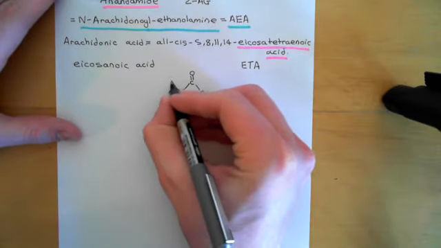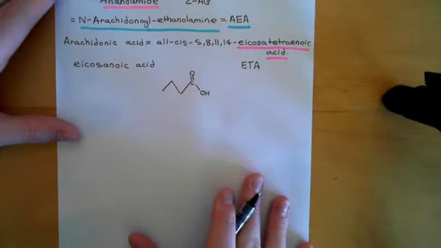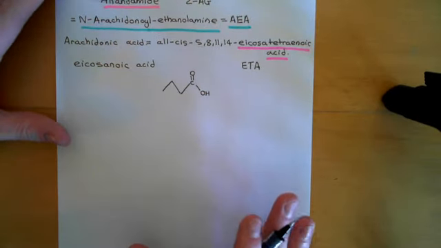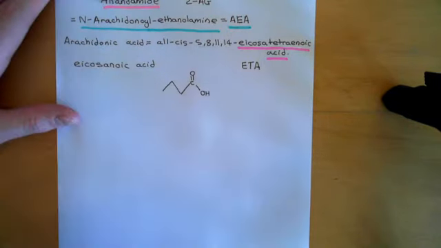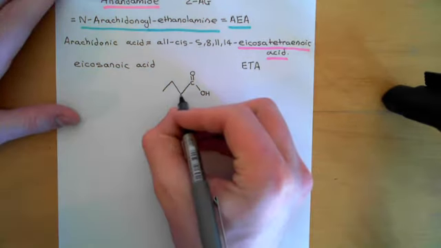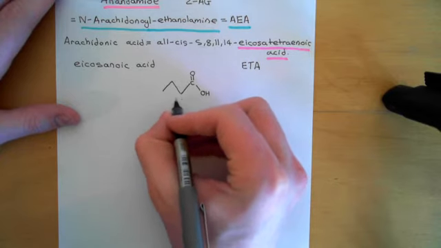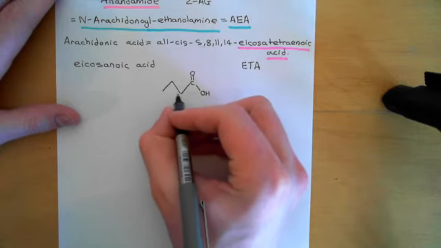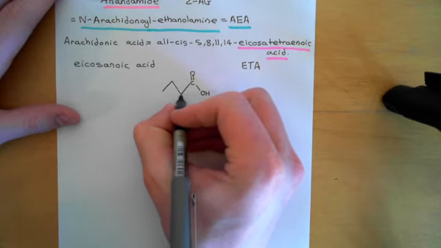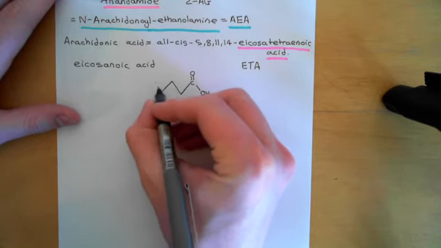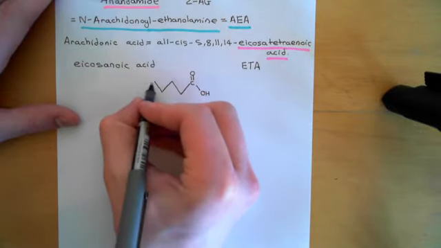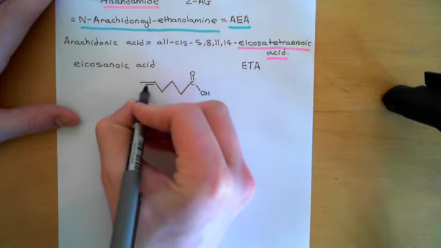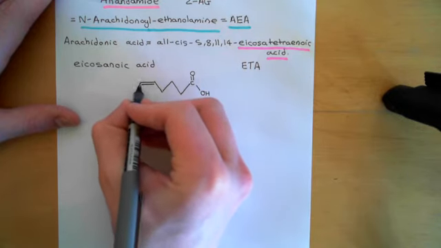Then here's the second carbon, the third carbon, so I probably should just remind people of how skeletal formulae work. In skeletal formulae, you don't show carbon atoms, they're implicitly shown as corners, and you don't show hydrogen atoms coming off carbon atoms. So this here is a carbon atom, and it will have 2 hydrogens coming off it, making up the missing 2 bonds here. So this is carbon 2, carbon 3, carbon 4, carbon 5, and now we know something. Carbon 5 has a double bond coming off it, so between carbon 5 and carbon 6 you're going to have a double bond, and it's going to be in the cis conformation.